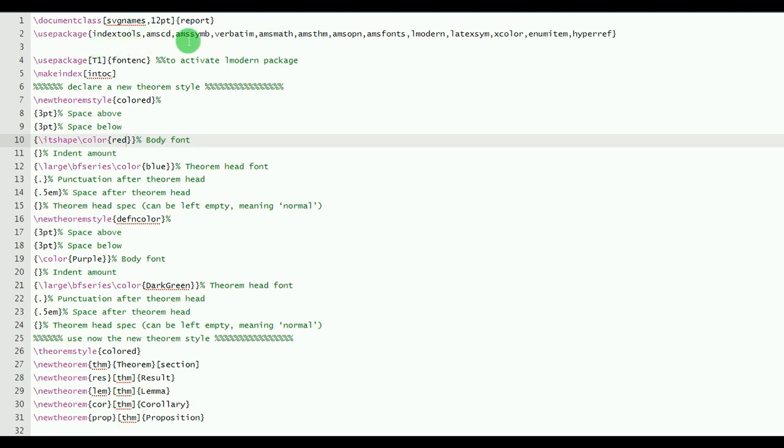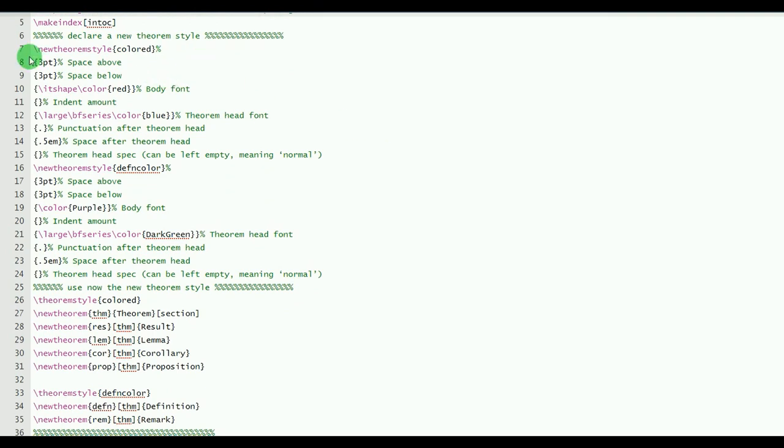Then this is for make index. Then all these packages are for writing mathematical theorems and all these things. But the most important thing is the package Xcolor, that this package is needed, obviously. And then this new theorem style you have to define. I have called it colored. You can call it my color or theorem color, whatever you like. And then here